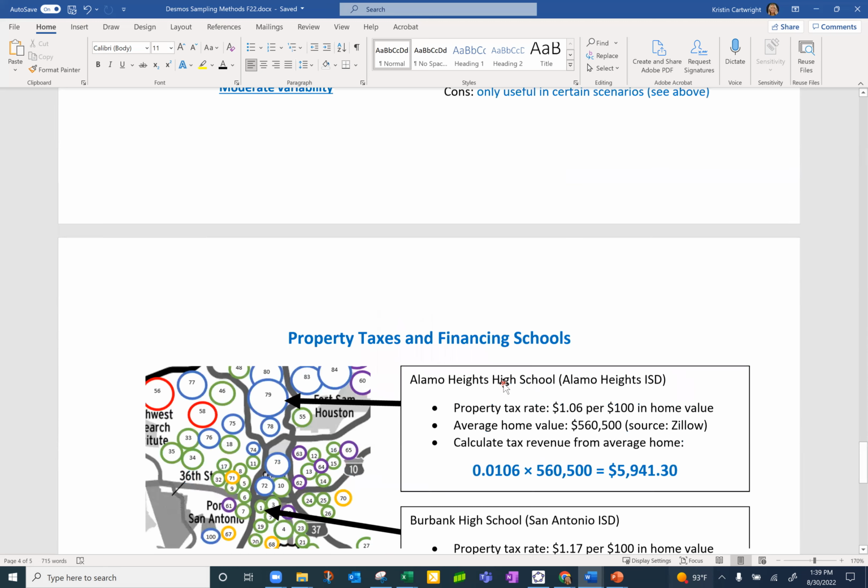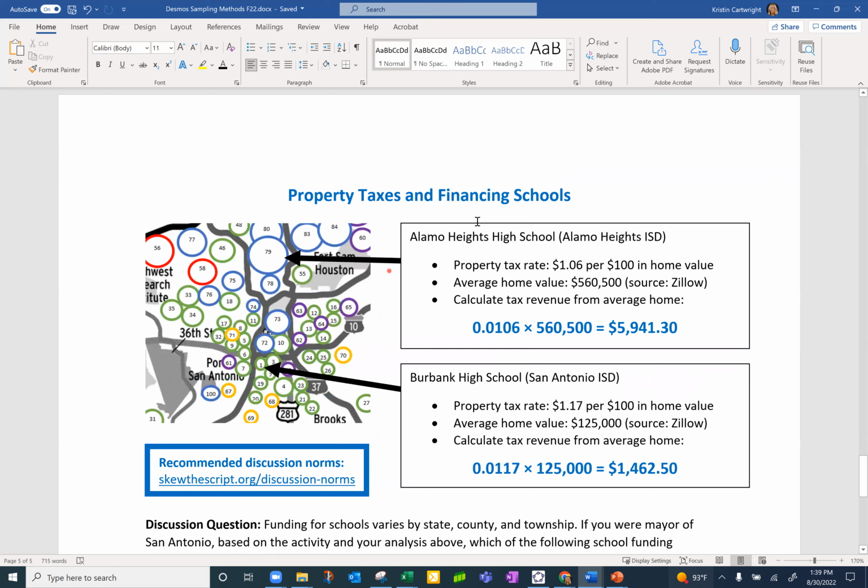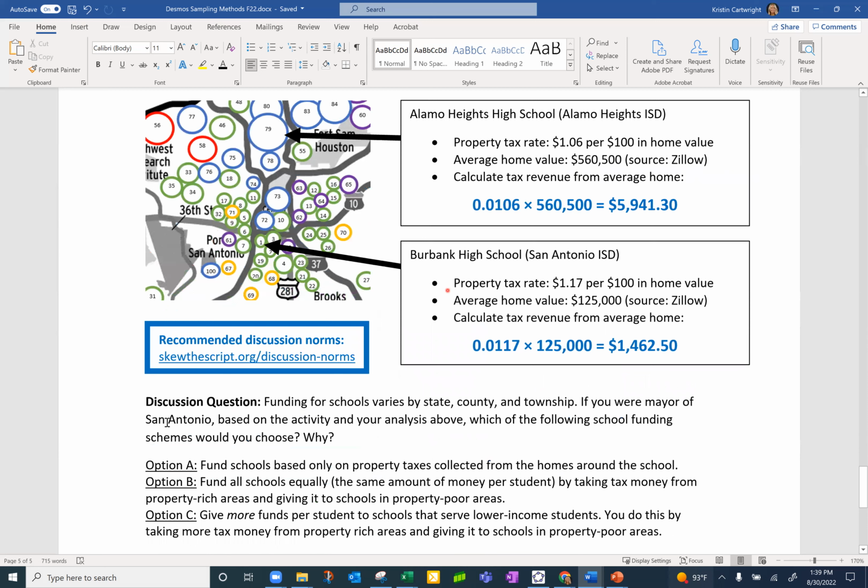So I just wanted to mention one last thing, property taxes. So what does this all matter? Well, suppose you were the mayor of San Antonio, and based on the activity in your analysis above, you're supposed to figure out how you're going to fund schools. Do you want to fund schools based only on property taxes from the homes around the school? Do you want to fund all the schools equally? Now, here's an example of a high income property. So they're going to generate a lot more money for the school than a low income property if it's based off property taxes. So you have to decide, and because you can't survey every single house,